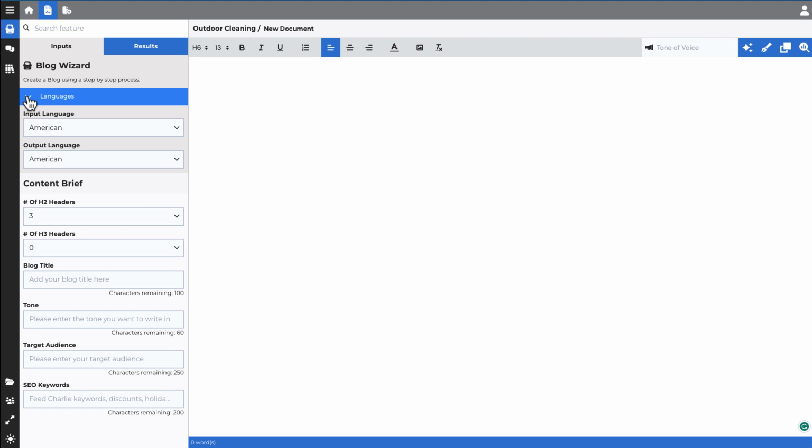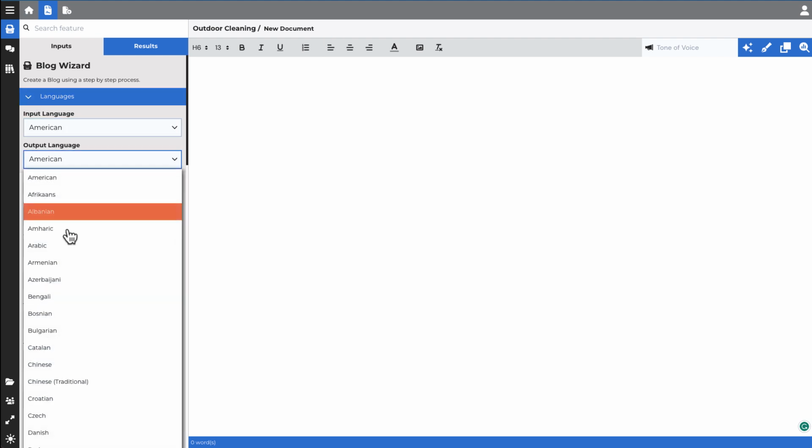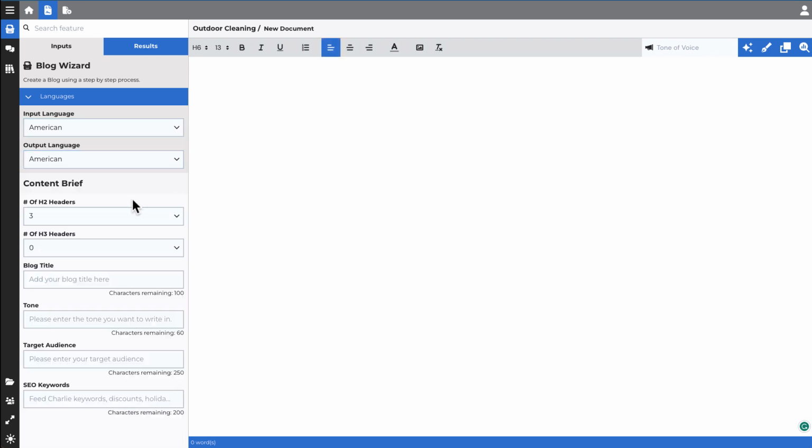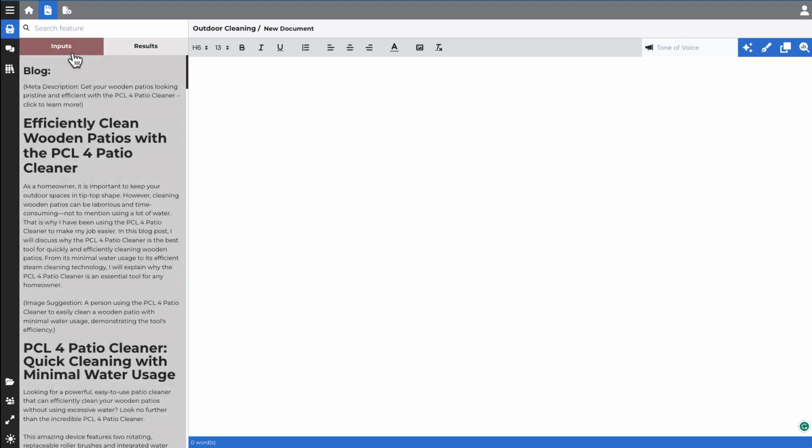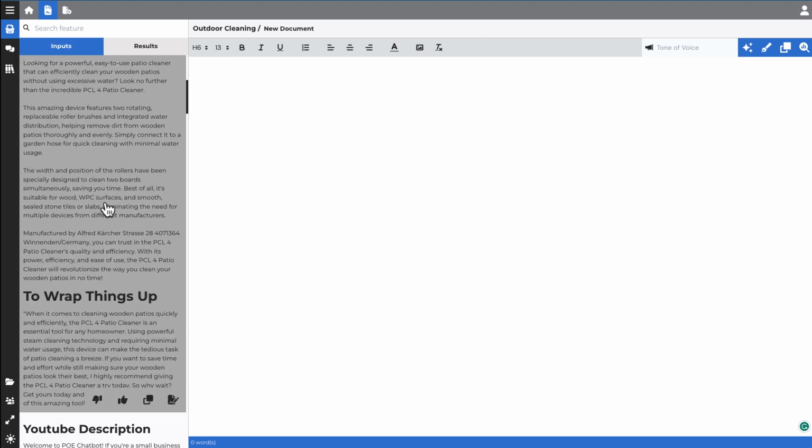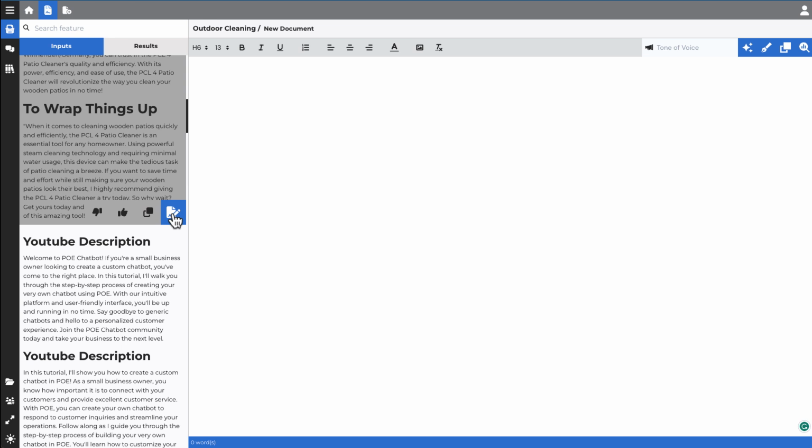On the left-hand side, you're going to get the blog wizard. So you can change your language if you want to have the input in English, output in something else, you can choose for that. So content brief, you can put in how many H2s you want, H3s you want, put in the blog title, etc. So once you enter it, you're going to get the results. So these are some of the previous results that I have. If you're happy with it, you can click on this button to put on